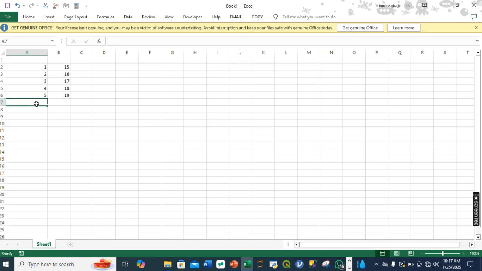Let me write a formula underneath here. Let's say equal to A2 plus, with shift and the plus sign, B2. Enter. You have 16, A2 plus B2. So when you drag this downward, can you see this? You have 18. So automatically it changes